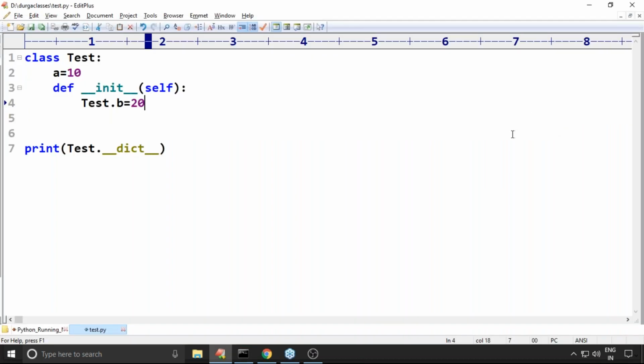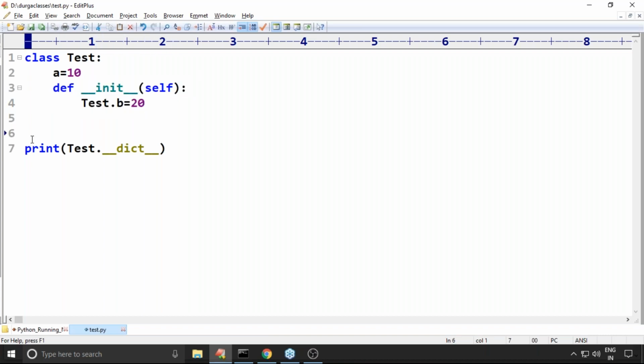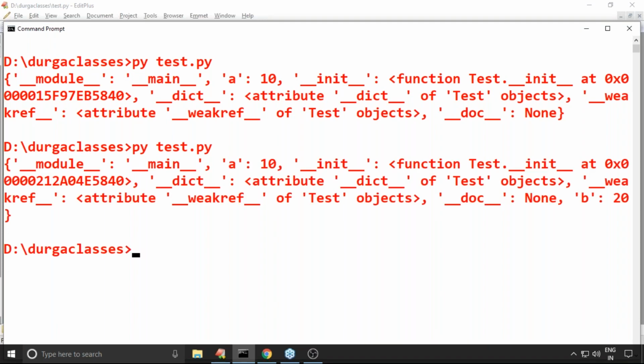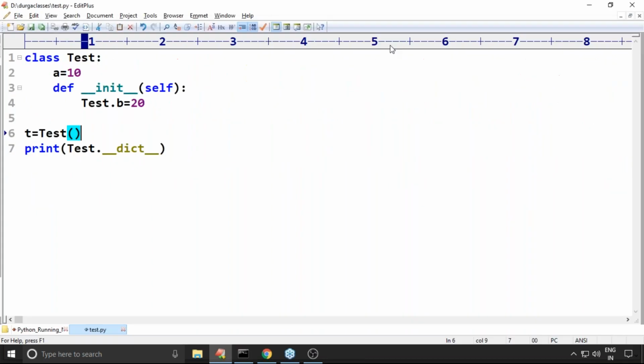What is the reason for that? The reason is you didn't execute this constructor. When will the constructor be executed? Only if you create an object. That's why here, observe, a = 10 is there, b = 20 is there. Both are instance variables only, sir. Sorry, both are static variables, right? Any doubt? Respond.